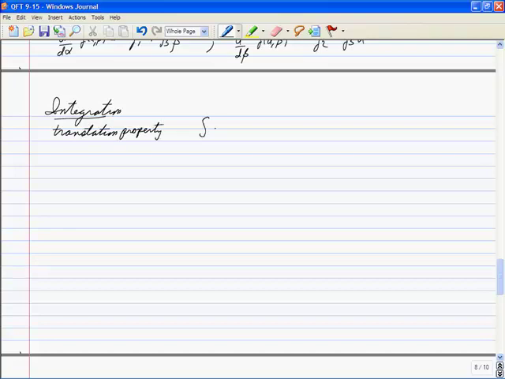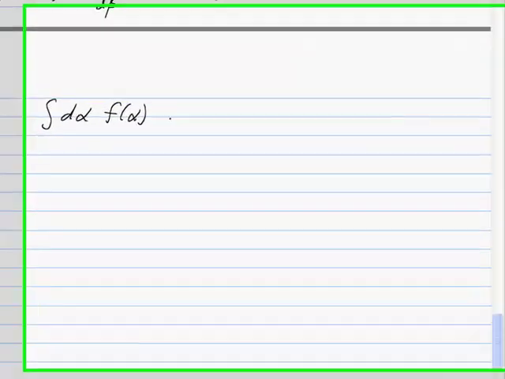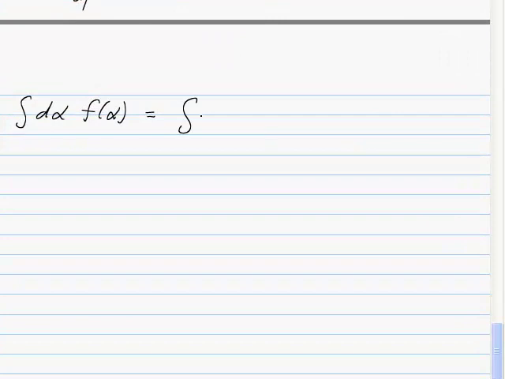Okay, so if I have some integral dα of f(α), it's the integral dα of f(α+β). Okay, that turns out to be, in setting up this formalism, the important property. It's sort of like the usual one. If you shift the variables and you're integrating over all of dx, and you shift it by an arbitrary amount,